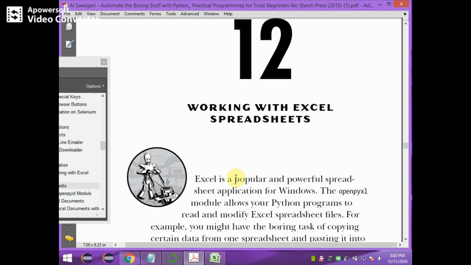Working with the Excel spreadsheet. Excel is a popular and powerful spreadsheet application for Windows. The OpenPyXL module allows our Python programs to read and modify Excel spreadsheet files. For example,